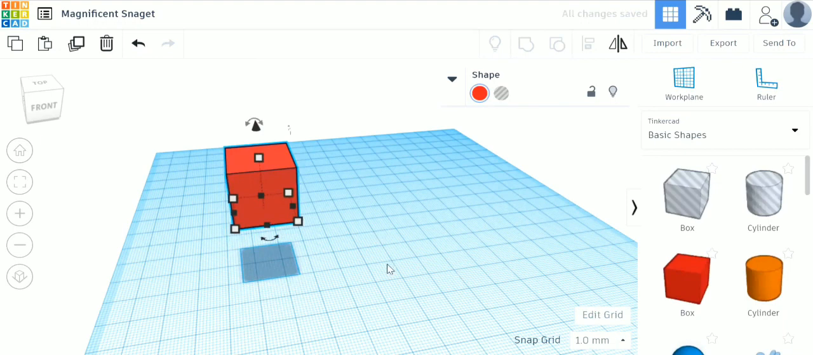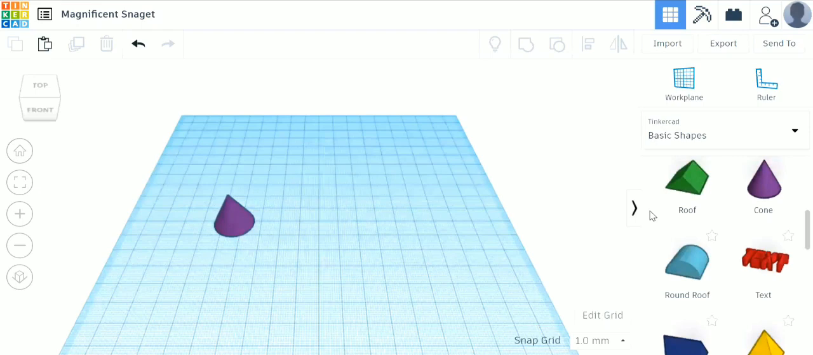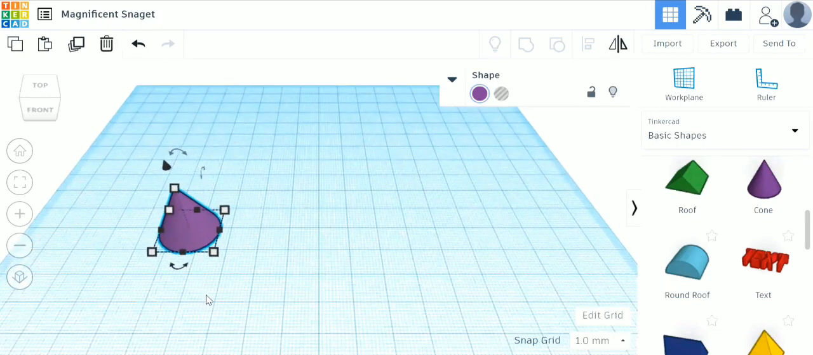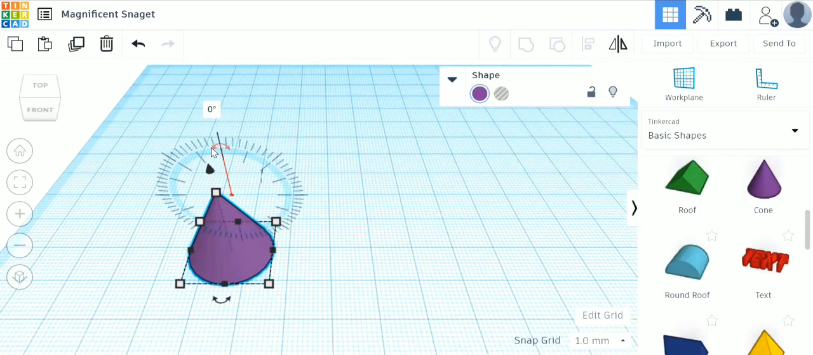So the next thing that we're going to go through is the rotating command. Along with moving, there is also rotating. So if I have a cone here and I want to rotate it at an angle, then I have a few options there as well. Select the object, and you can see these two-headed arrows,